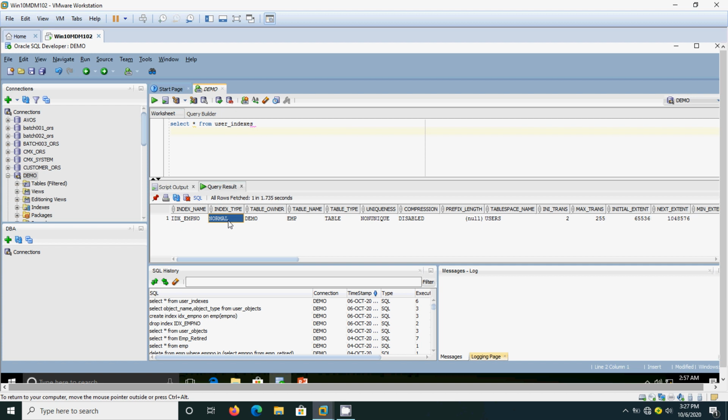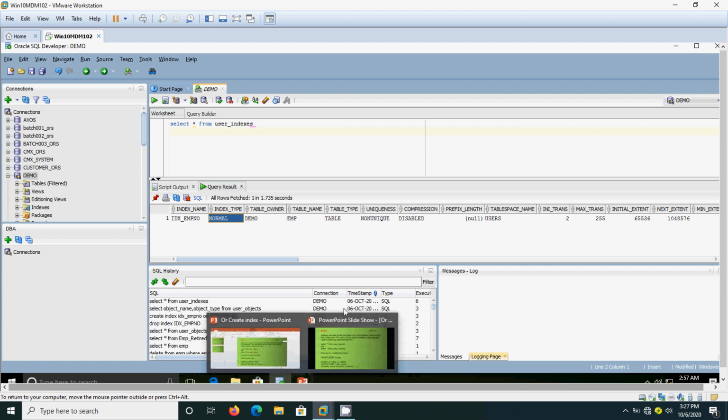If it is a unique index, it will be mentioned here as unique. Here it is a normal index. What is the difference between the normal index and the unique index? A normal index you can create on a table which contains duplicate values.